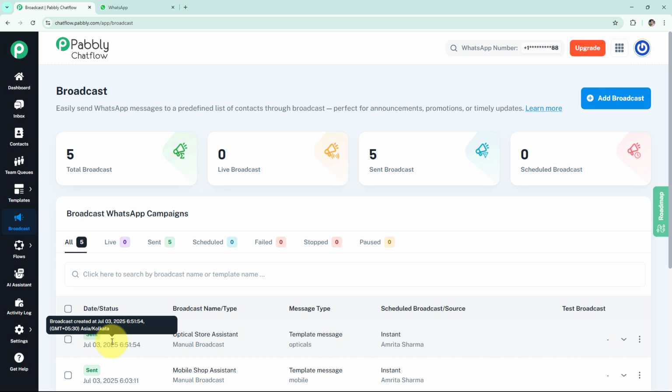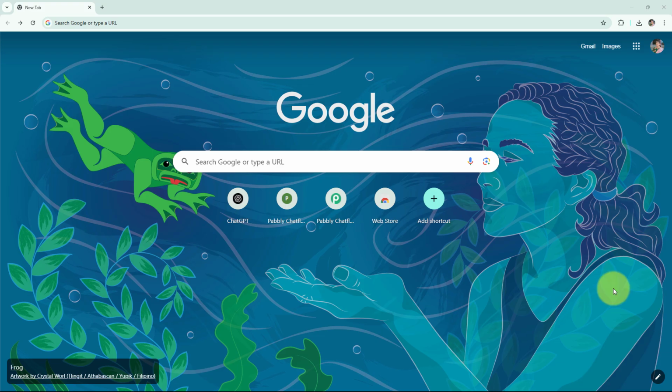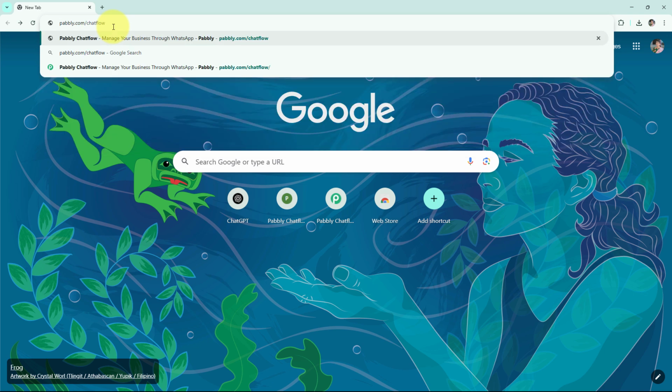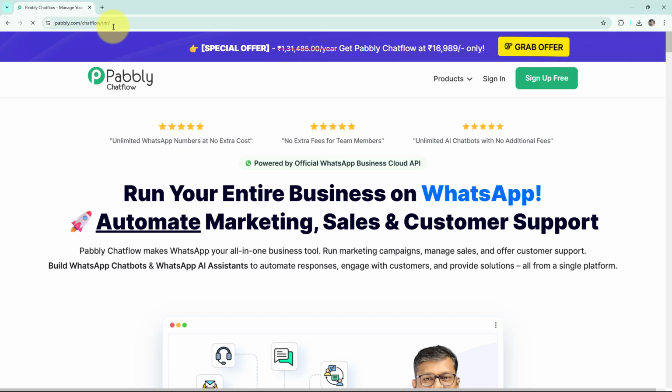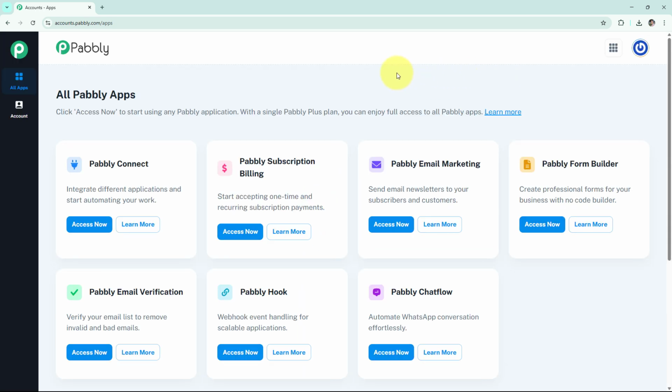Now to create this broadcast, we have to visit Pabbly Chatflow's website, and for that open a new browser tab. In a new tab, enter the URL pabbly.com/chatflow and it will take you to the main landing page of Pabbly Chatflow. If you are an existing user, click on sign in. However, if you are a new user, click on sign up for free. As I am already an existing user, I will click on sign in